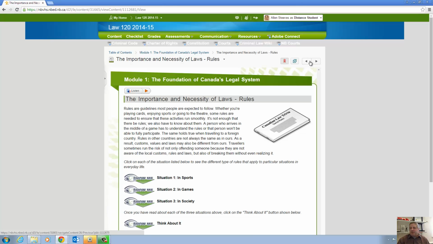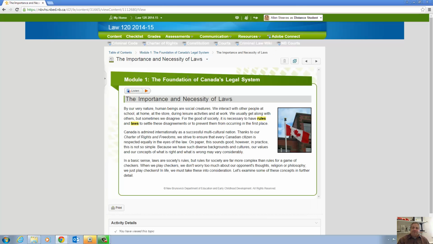Now, the last thing about the content pages is this read speaker that's available. For those of you who may have some issues reading, you can press the read speaker button to play, and what'll happen is: